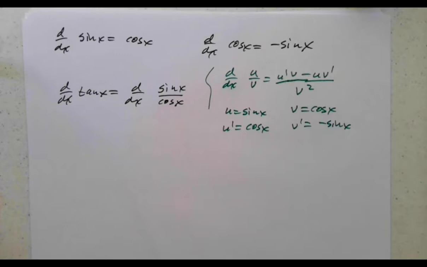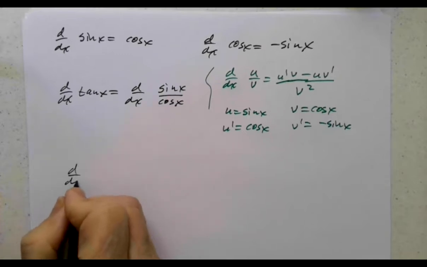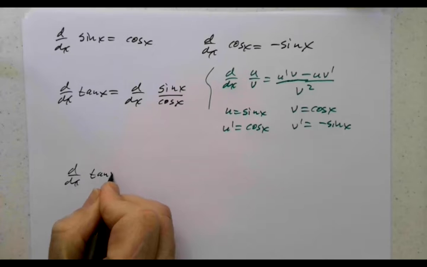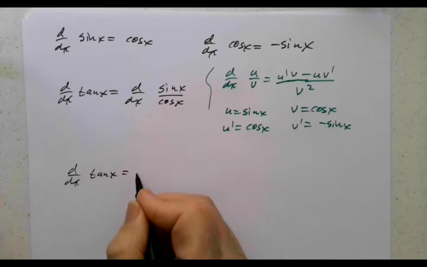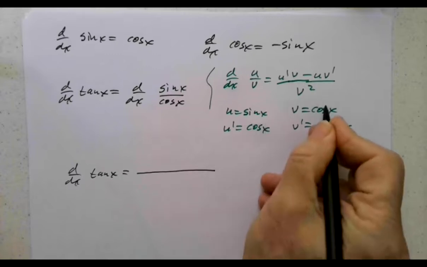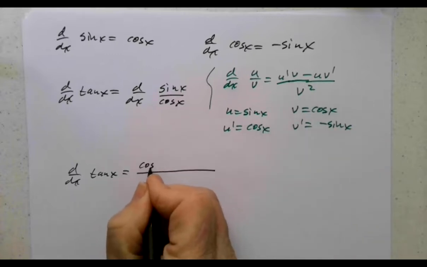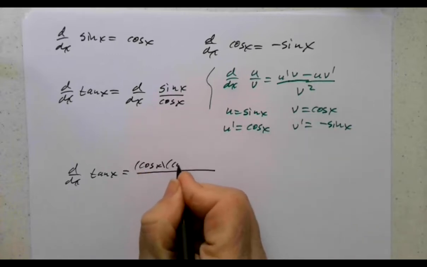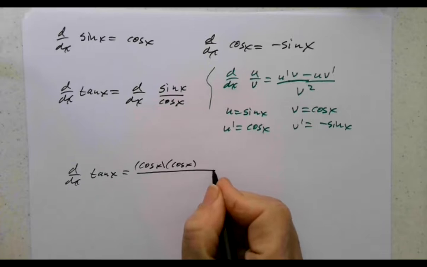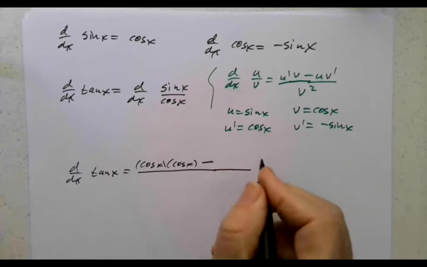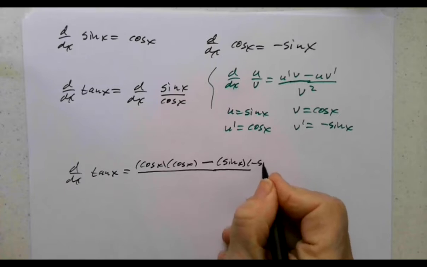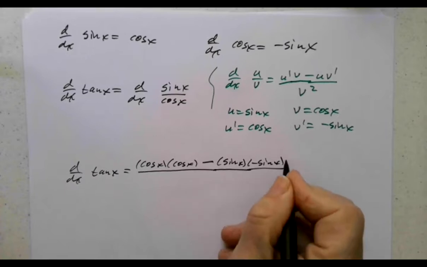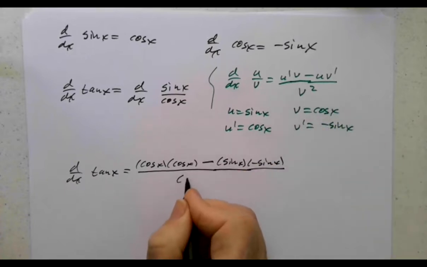So putting that together, the derivative of tangent x is u prime v, cos x times cos x, minus u v prime, minus sine x times negative sine x, all over v squared, all over cos x squared,